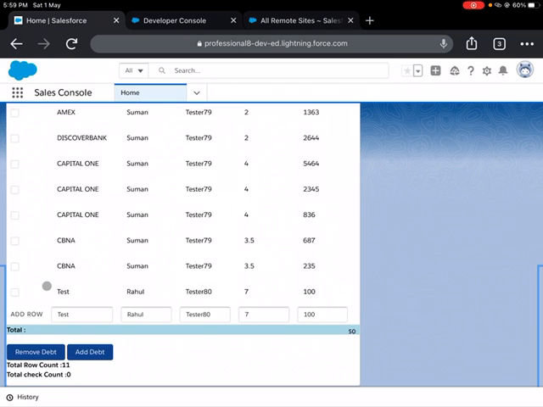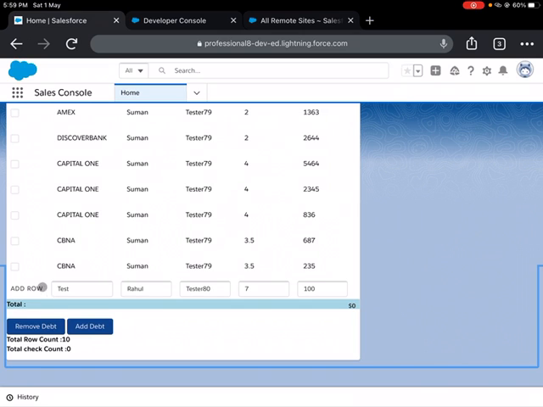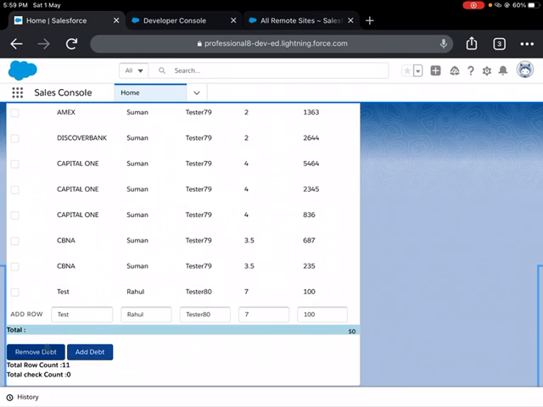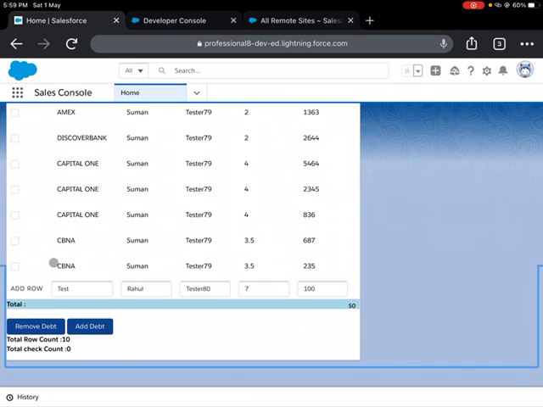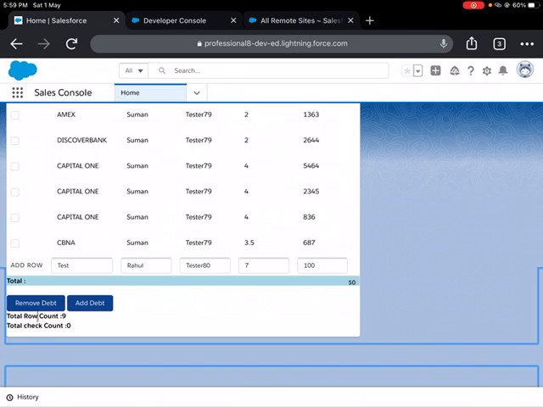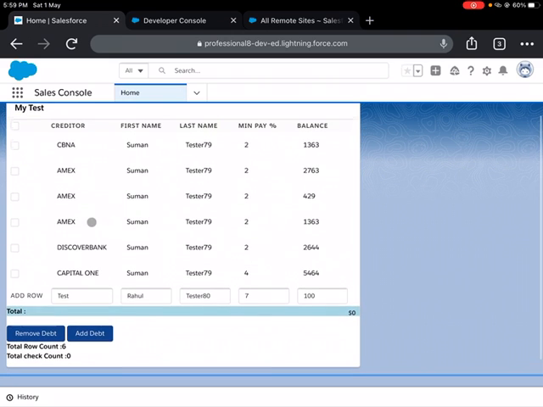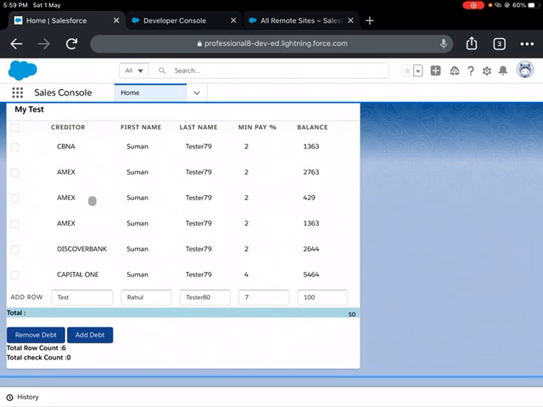Now if I want to remove this latest data, I can click on the remove button and remove that data. The same way I can add it again and remove it. Even the last record can be removed by clicking on this remove button. So one by one we can delete all these data records. And as you can see, as soon as I delete a record, the total row count gets updated here, which is 6.